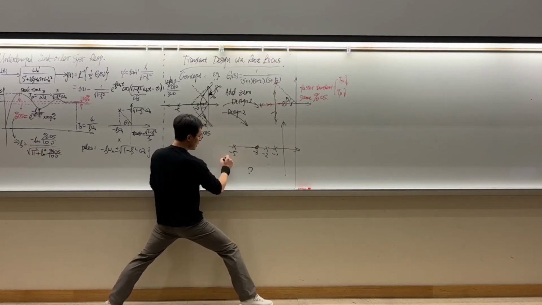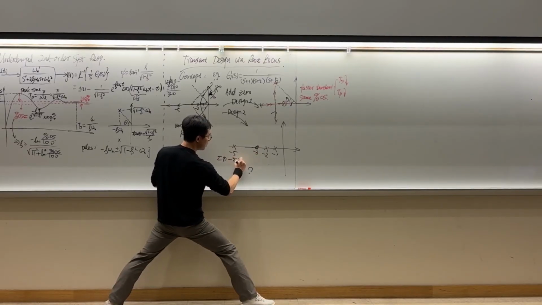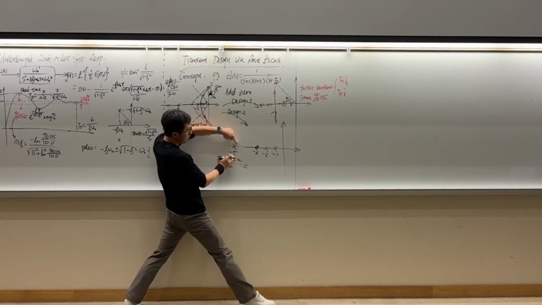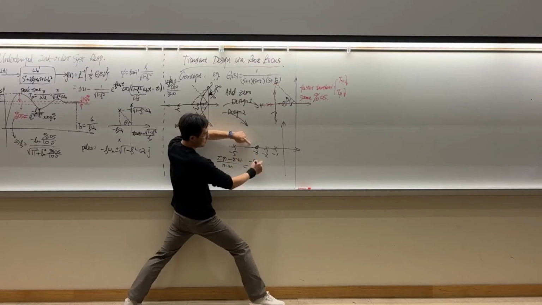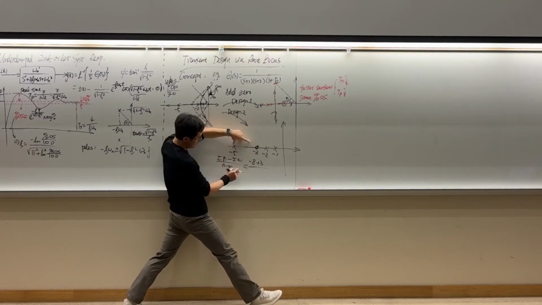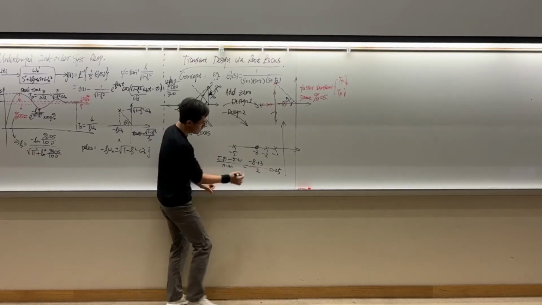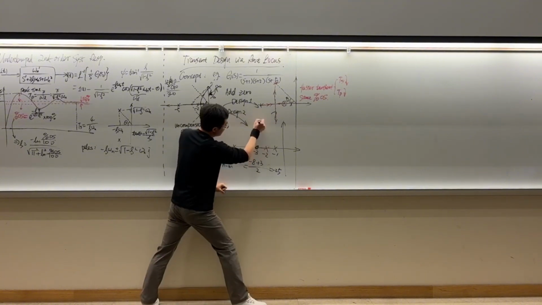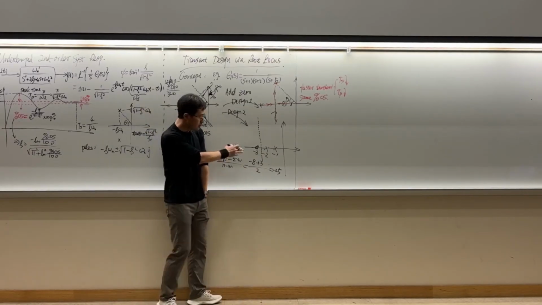So the centroid location is going to be the summation of all the poles minus the summation of all the open loop zeros divided by n minus m. That means for this system, it's going to be -8 minus -3, so -8 plus 3 divided by 3 minus 1. That's roughly negative 2.5. So it's here. And then the angles are plus minus 90 degrees. So the root locus for this one will be